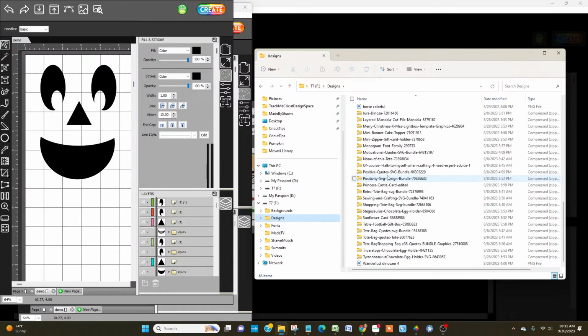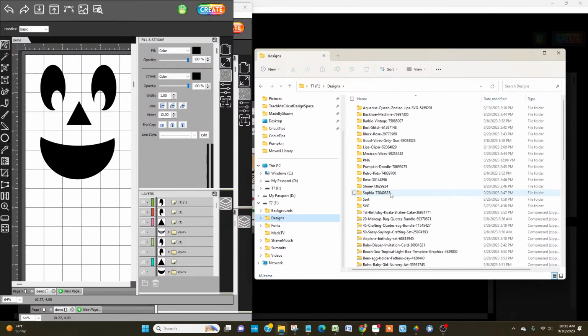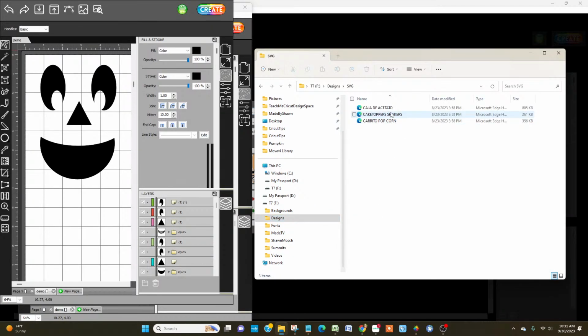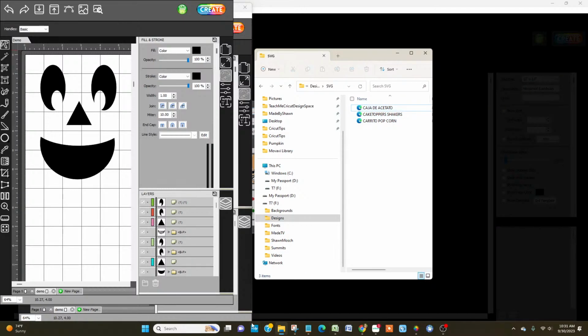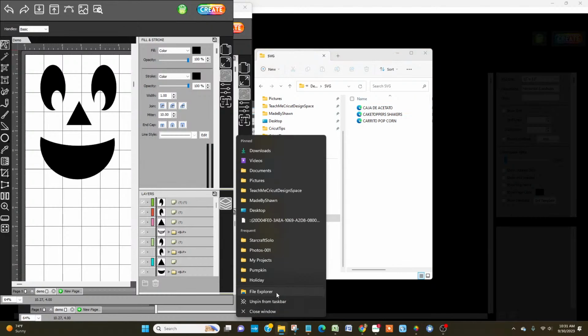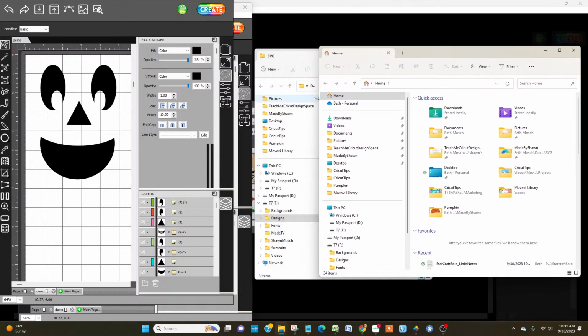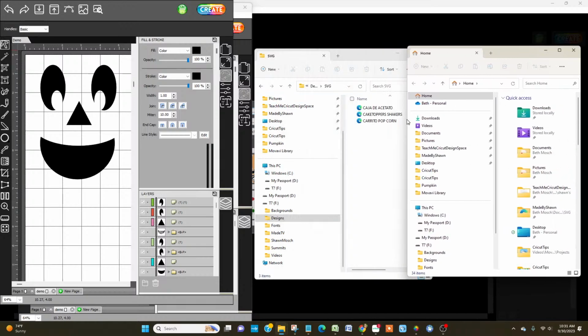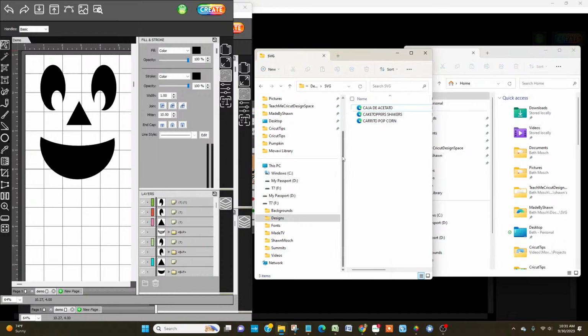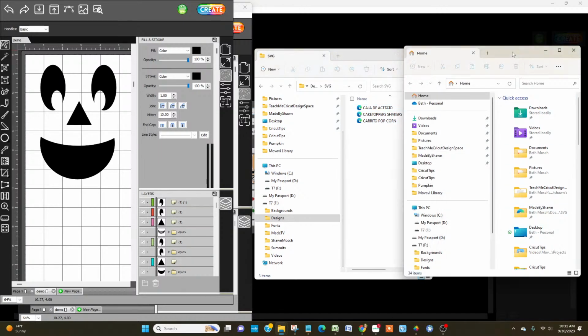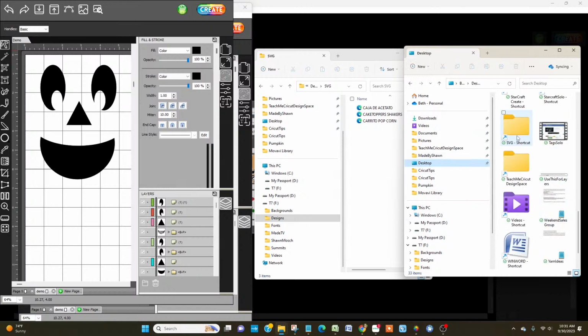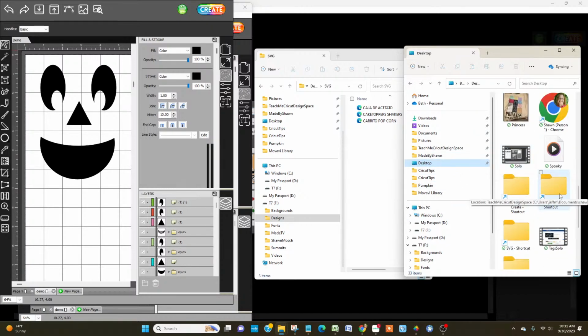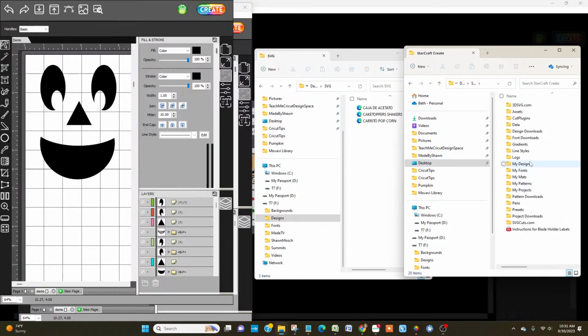And by slide it over, let me see if I can find one. Yeah, let's just do this. So I could literally just open another file folder. I'm hoping you can see all this. I don't want to bop back and forth too much from the questions and answers. Okay, so here's where I have my SVGs downloaded that I saved. Then I'm going to go again to my desktop, to my StarCraft Create shortcut, and then